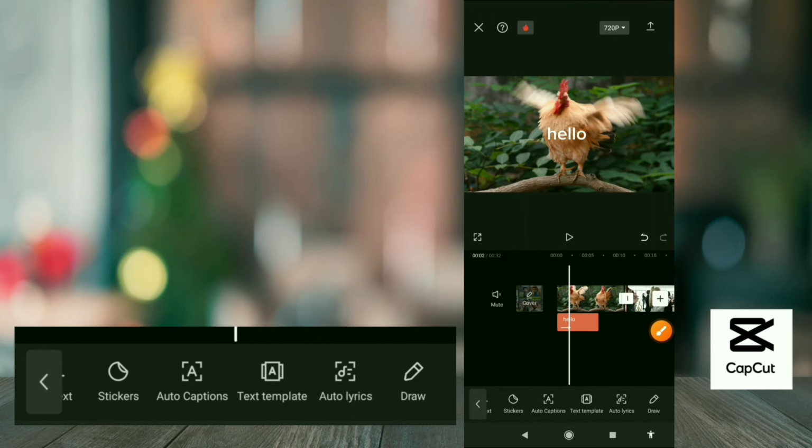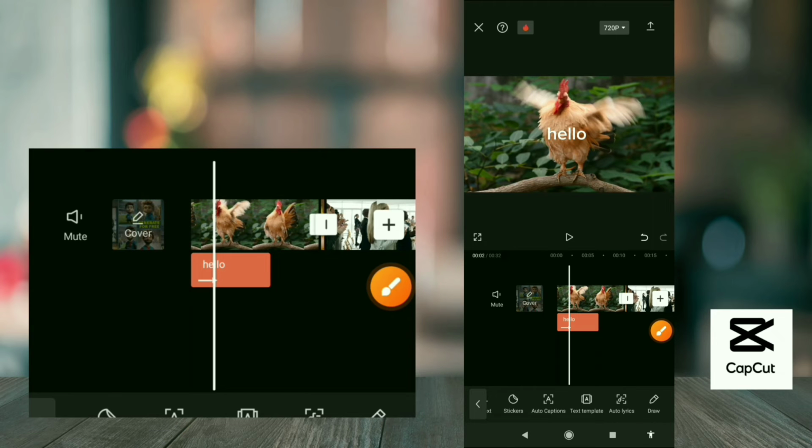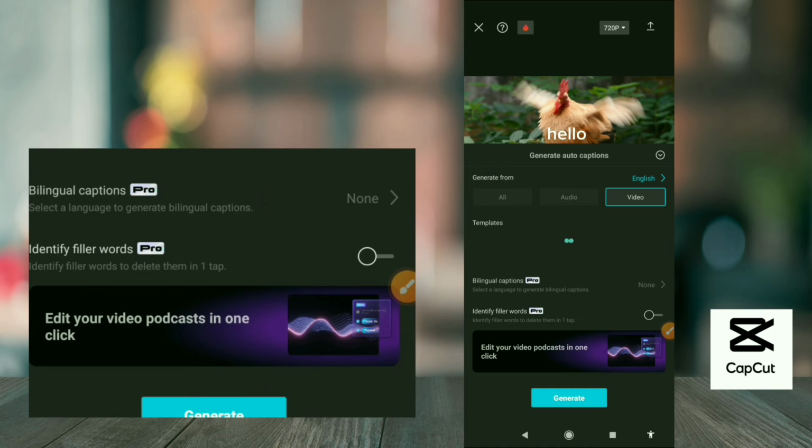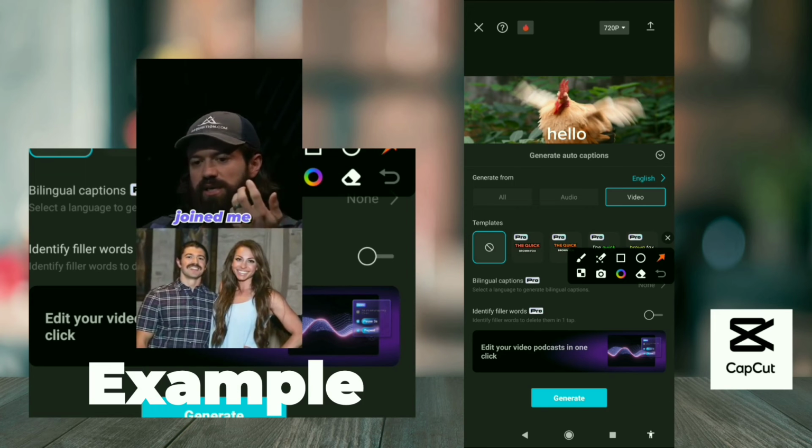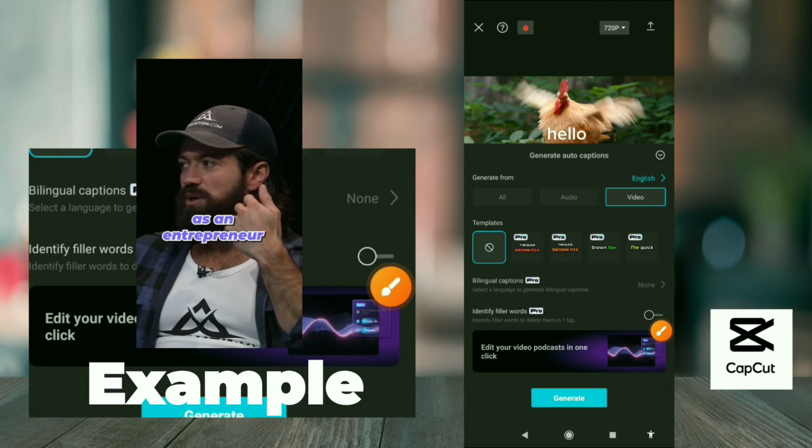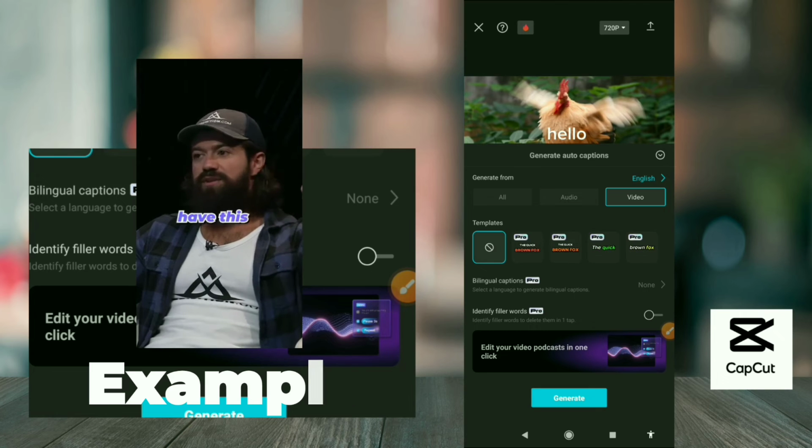So this is auto captions. If you have a video where someone is talking, maybe doing a presentation, you can click on auto caption, and CapCut will add captions to your video. It's very easy. When you click on it and click on generate, that's just it. It's done. Give it some time, it's going to load up and it's done. I'll also do a video to show you guys how to use this very well. It's very easy. All right, let's get back to